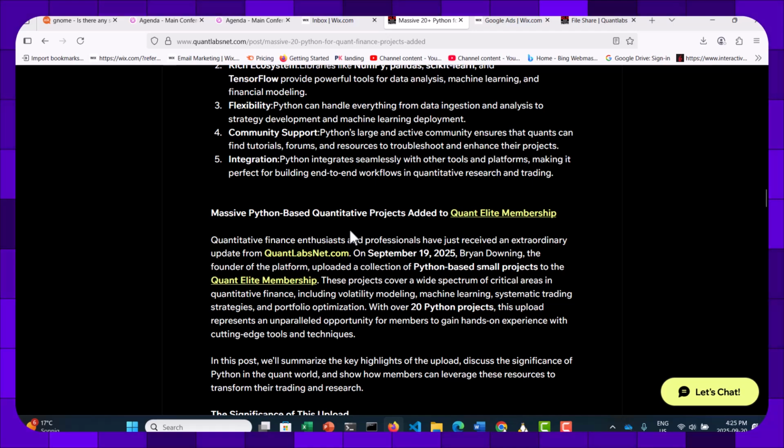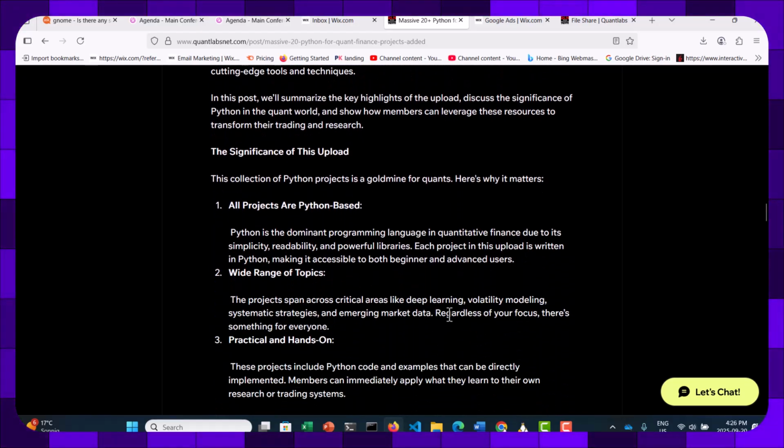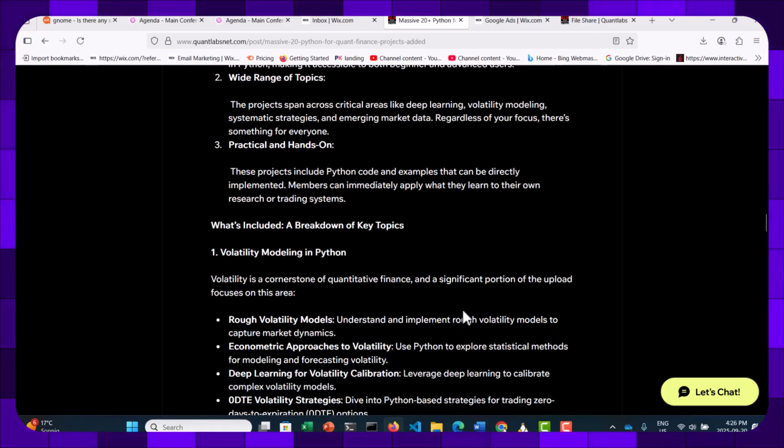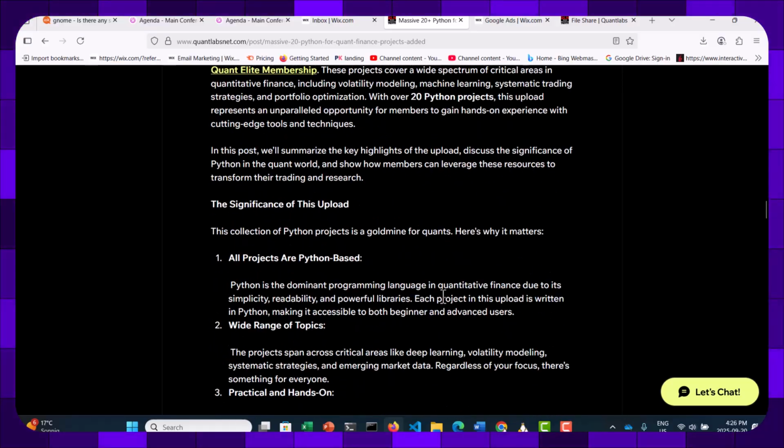So essentially, as I said, all these projects are now being uploaded to my Quant Elite. You can find out more information there. And this is just the start of it over the next few days, what I'm doing here. But as I said, with it, you can start in Python at the top level, what you download, and then you can use AI to advance that coding and actually convert it into a production ready C++ as well. You'd save a ton of time and frustration as well. So there's just a lot of stuff here that you can look at.